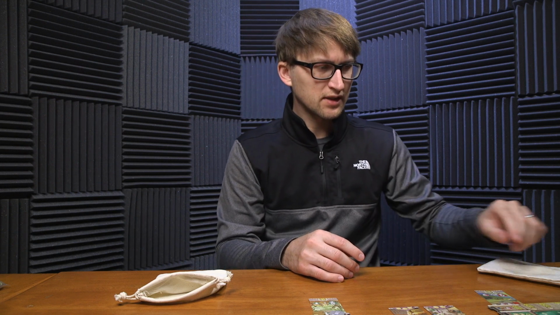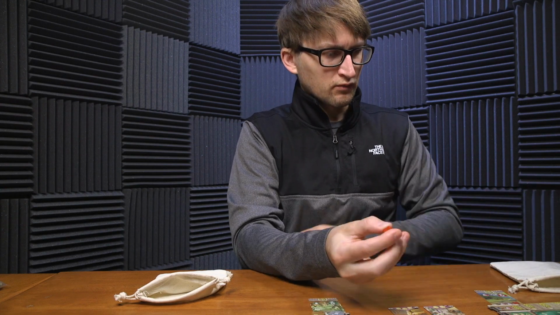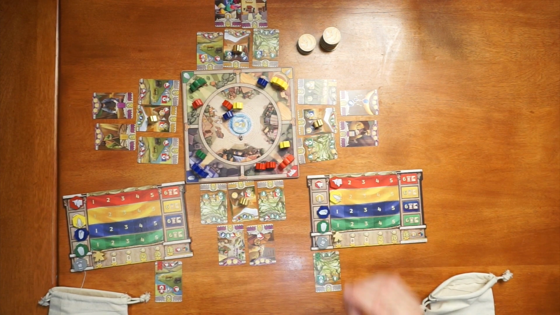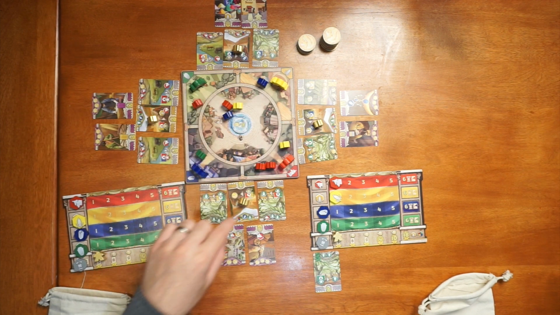So engine cards give you more resources, but they also give you points as well. So next person to go, red meeple. Well, that's part of my engine building card over here. If I place a red at a red gate, I get an extra red. So I go through, and every time you place a meeple at a gate, doesn't matter what the color